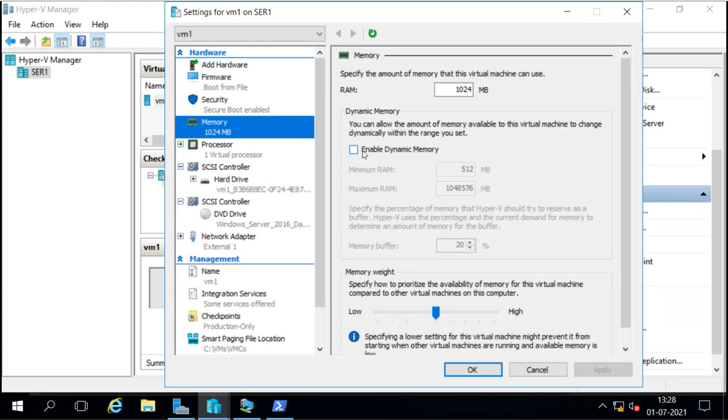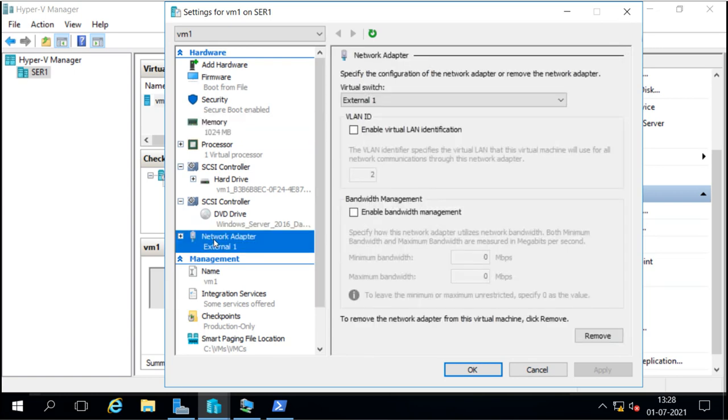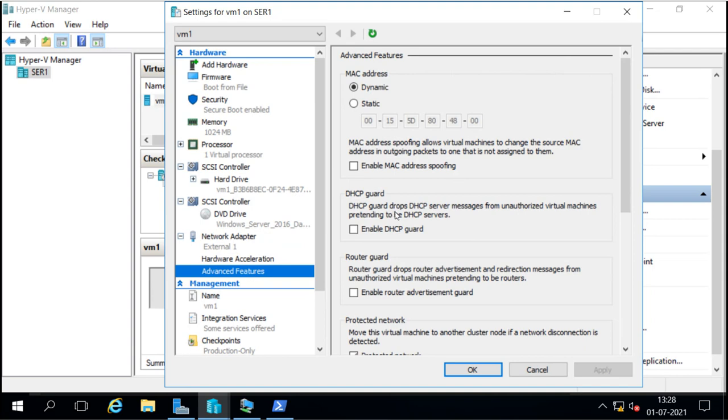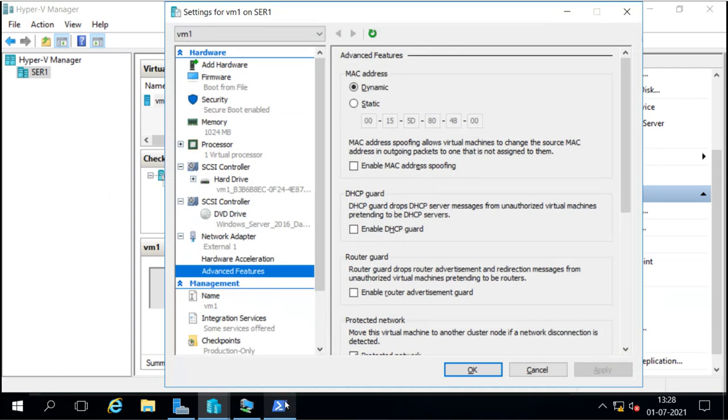Next we have to enable the MAC address spoofing option. That option will be available here under the network adapter. When we drop this, we will go to advanced features, and under the advanced features we have the option to enable MAC address spoofing. So this we can do from here, or we can do it from PowerShell.